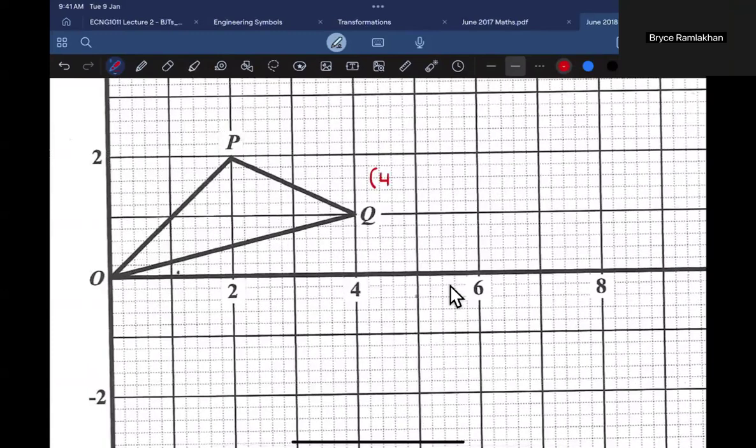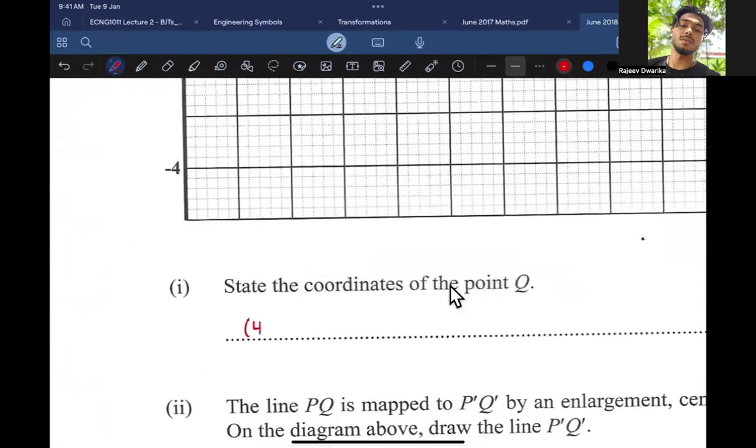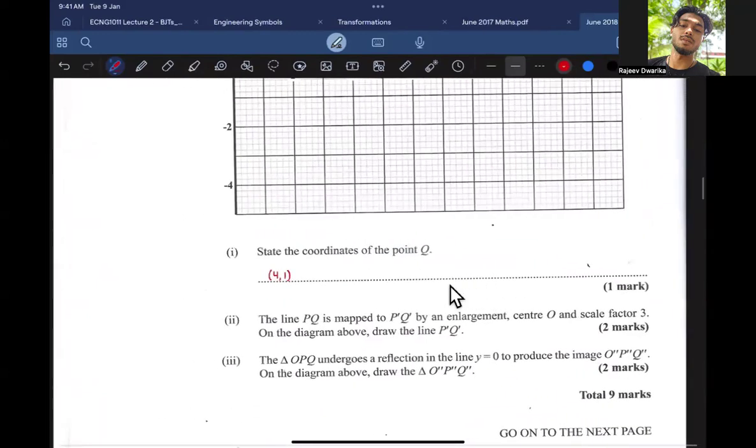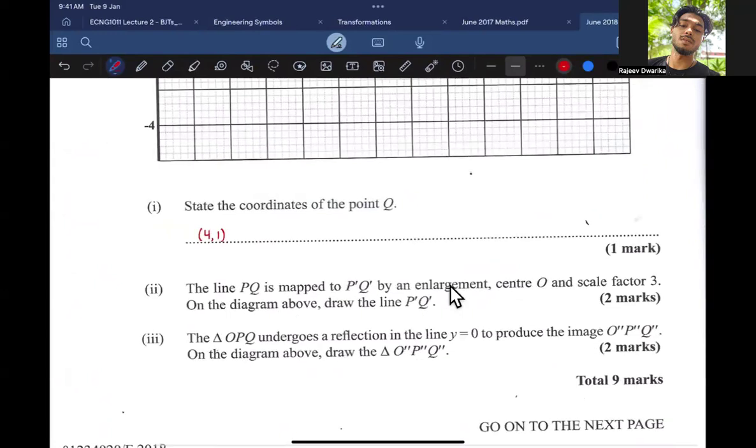4, 1. Right, 4, comma 1. Awesome. Now in part 2, they're saying that the line PQ is mapped to P prime Q prime by an enlargement. Right, what does an enlargement mean? Something to make something big, basically. Well, yeah, something big or smaller, as you all will see just now,